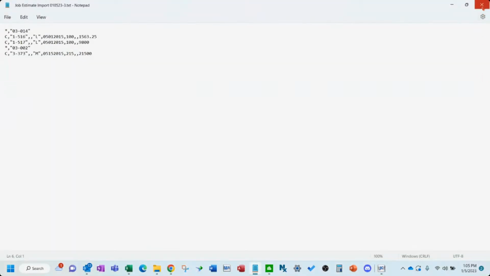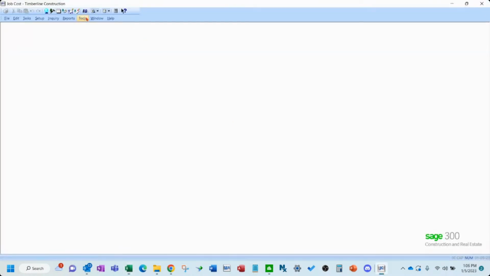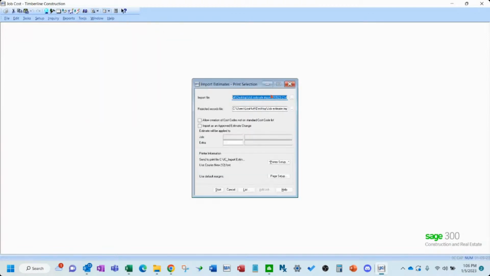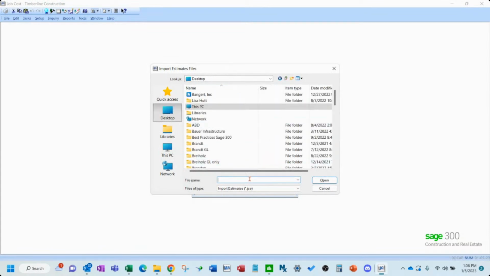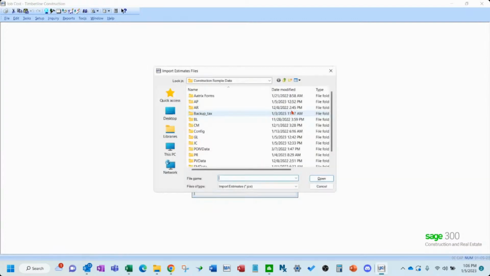And we're going to close this. Now I'll come back into job cost, go out to find that file. And then we're going to make a reject file.